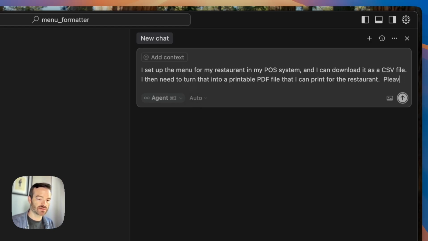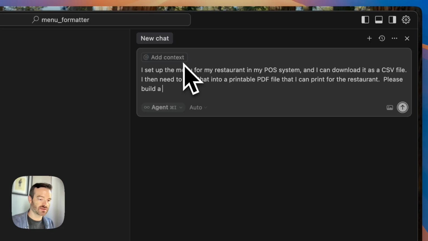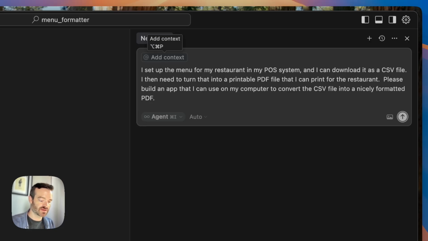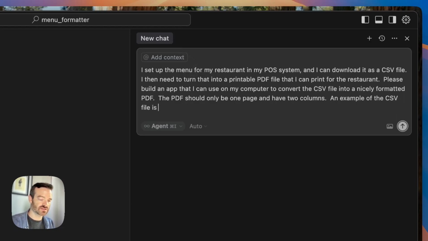Please build an app that I can use on my computer to convert the CSV file into a nicely formatted PDF. The PDF should only be one page and have two columns. An example of the CSV file is,